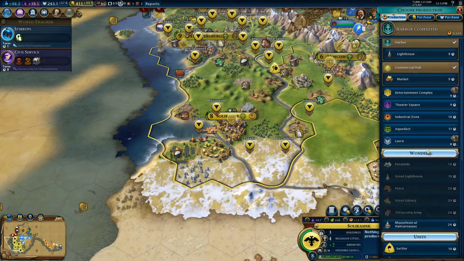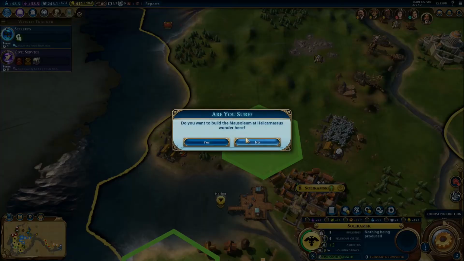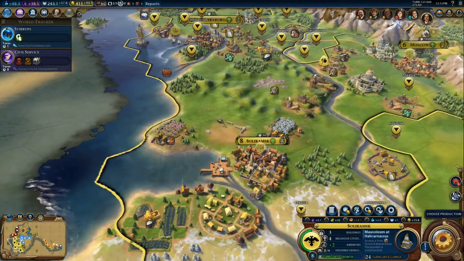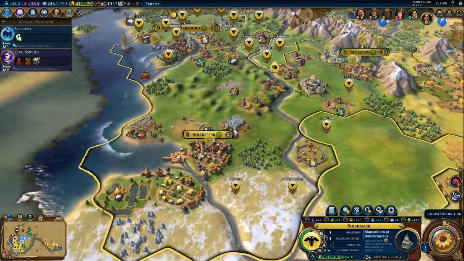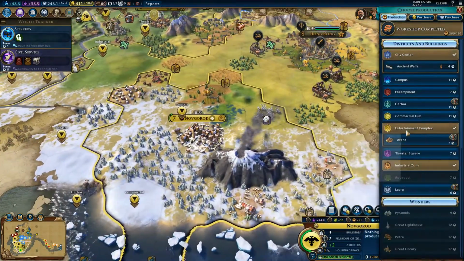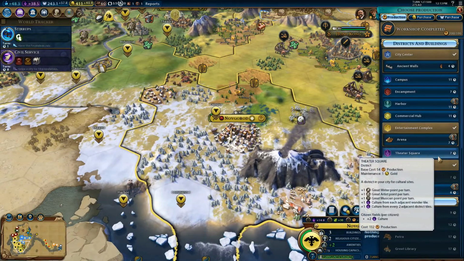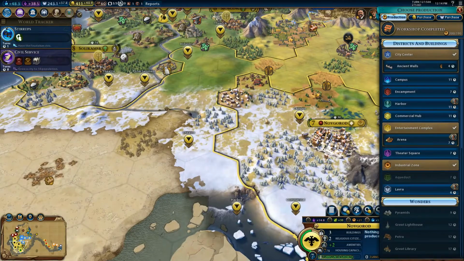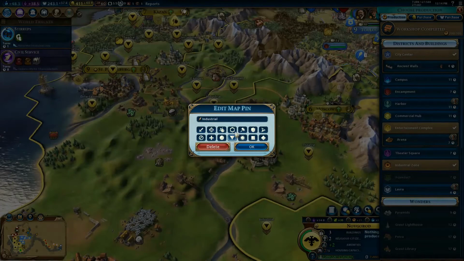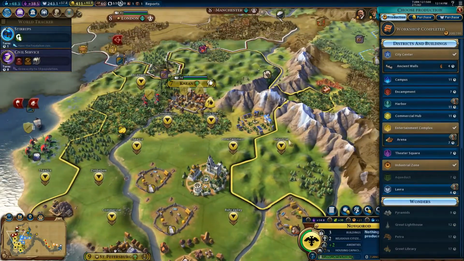Alright, for this city, I want the mausoleum right away. I can also get rid of these. And for Novgorod, well, I was thinking about building the holy site. Whoops. No. I keep accidentally clicking on those. I was thinking about building the holy site, but